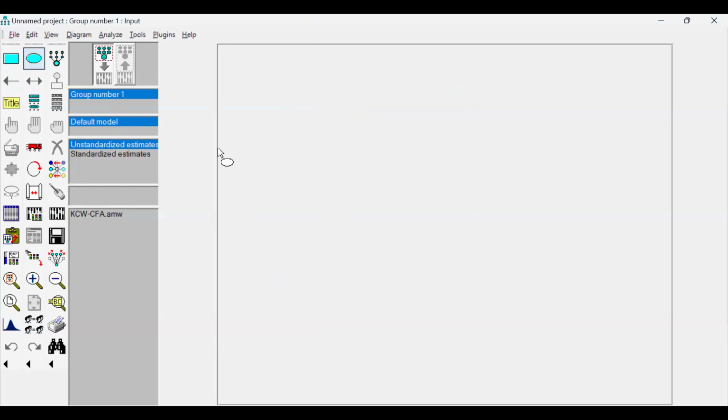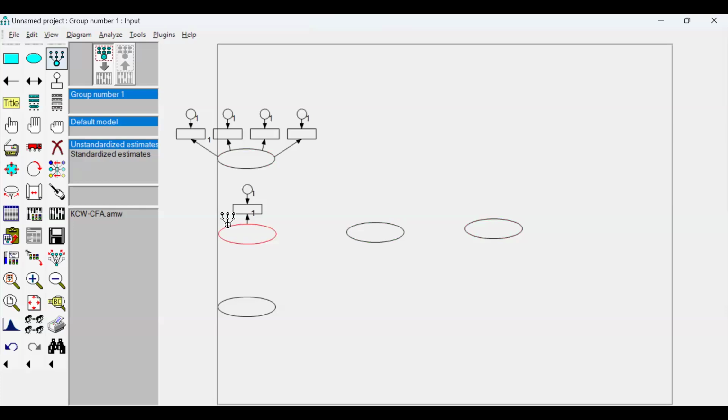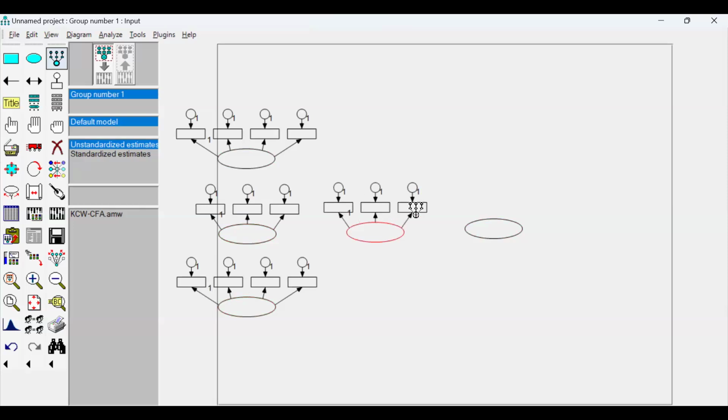The first construct, then duplicate, drag and drop, drag and drop. Okay, so the first construct attitude, it has 4 items, purchase intention 3 items. Is it clear? Now I am rotating this